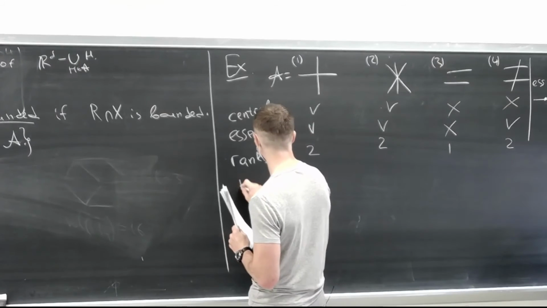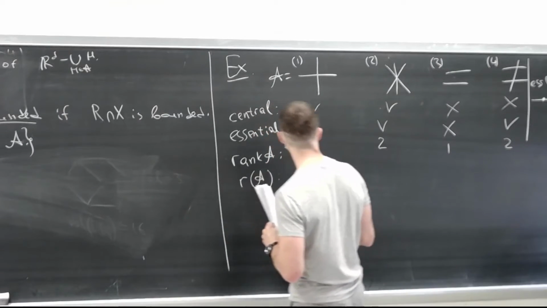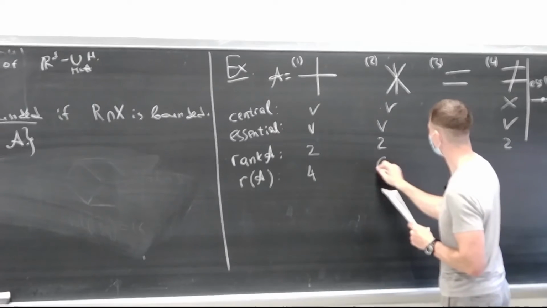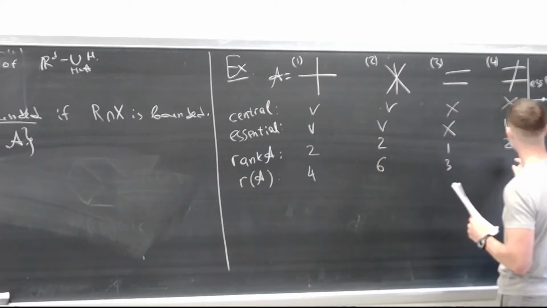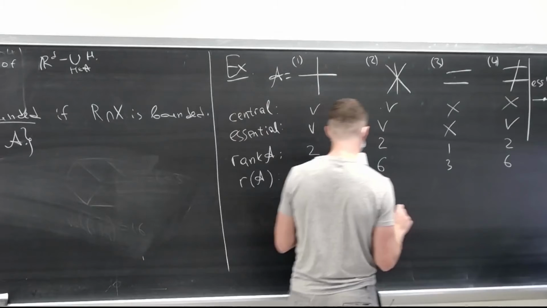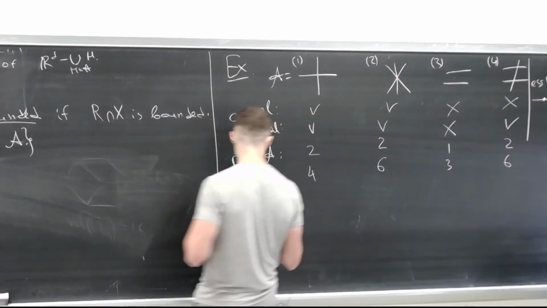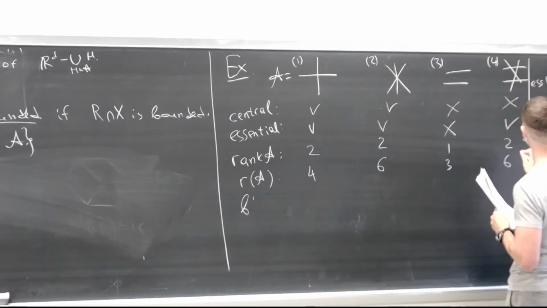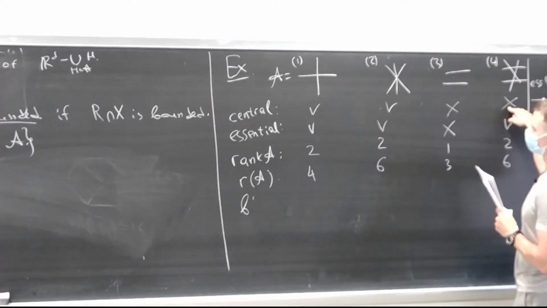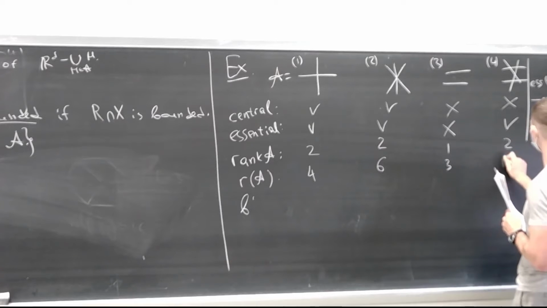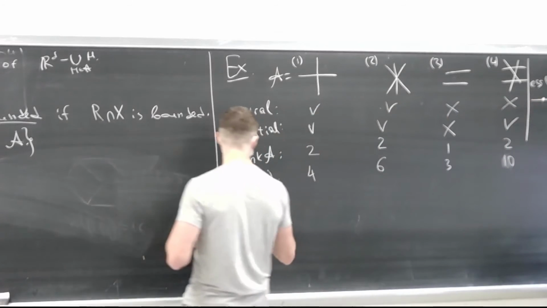And what is the number of regions of A? Okay, very nice. And what is the number of bounded regions? Maybe I should draw another one. Maybe let me draw it like this. Still not central, still essential. The rank is still 2, but the number of regions is now, okay, 10. Yeah, this is better. And then the number of bounded regions,